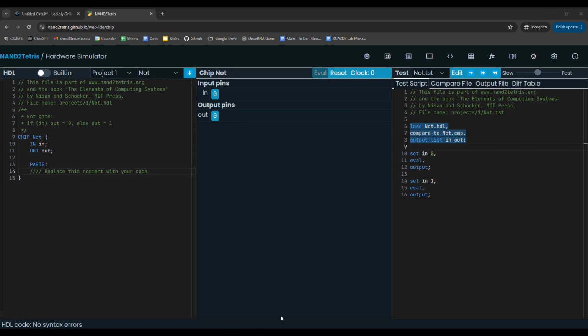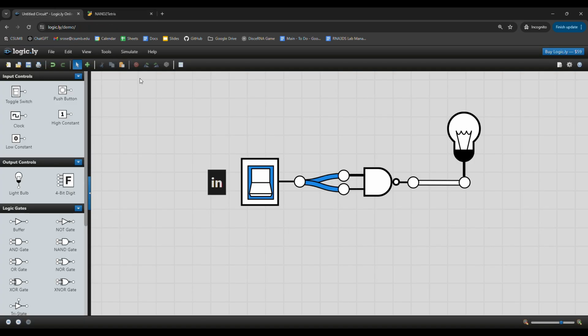So this video is going to be a walkthrough of Project 1 from the Nand2Tetris Hardware Simulator. I'm going to be implementing all 15 gates, starting with NOT, and OR, using only NAND gates. So I'm going to start off by implementing NOT with one NAND gate like you see in this logic diagram